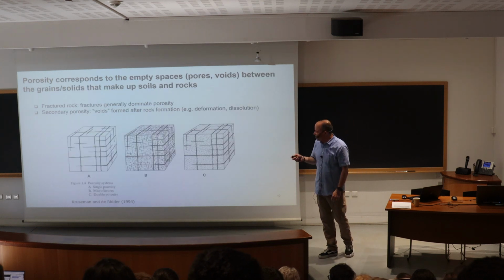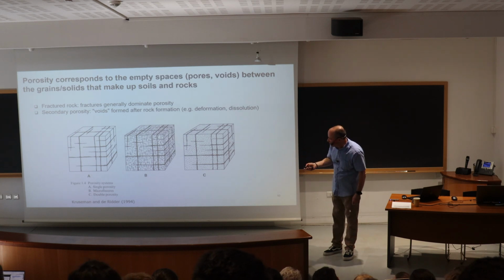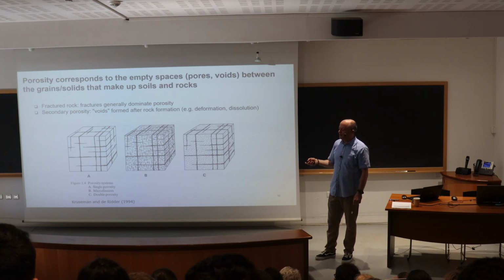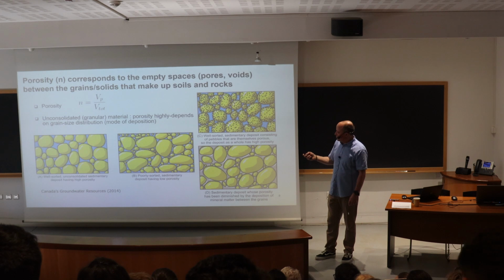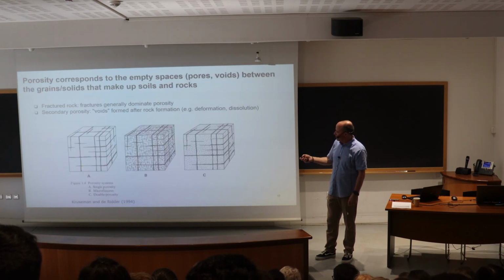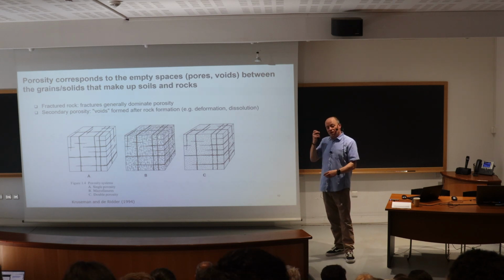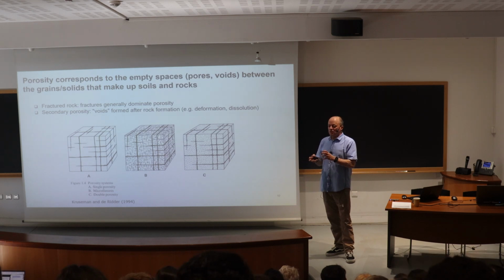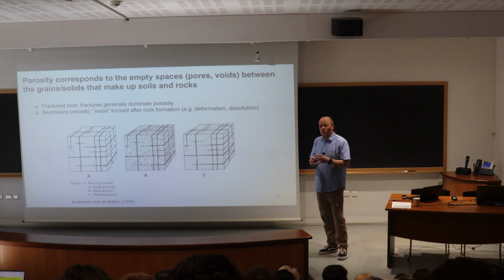For fractures, these are simple representations here. Again, some concepts are shown here. This comes from Kruseman and de Ridder. So this is a block of rock with regular fracturing. So we kind of guess here that there's a fracture network with horizontal and vertical fractures, some dead-end fractures, and some continuous fractures. And here we can assume that the matrix is not porous or is impermeable. If we're in crystalline rock, it has a very, very low permeability and low hydraulic conductivity,